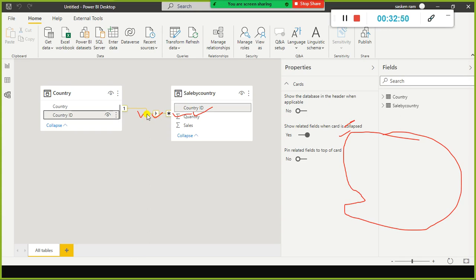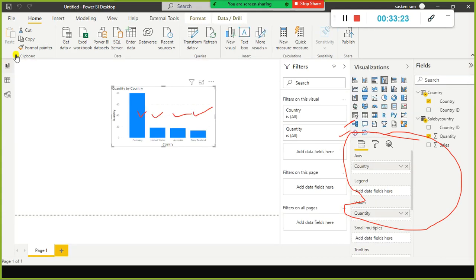If you hover the cursor here, it highlights which columns you have selected to create the relationship, country ID, country ID. So I have verified the common column which I used to set the relationship for these two tables. We have correctly used the common column between these two tables. Good. So we are good.